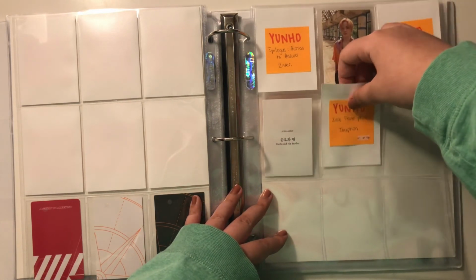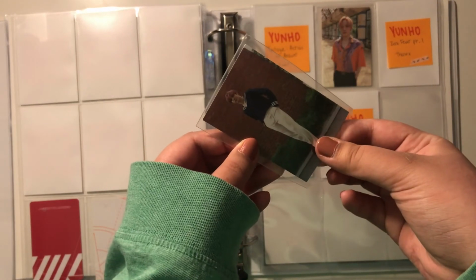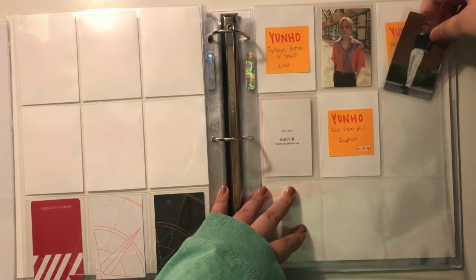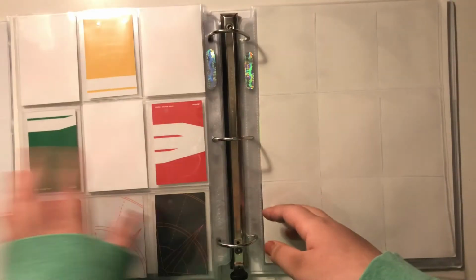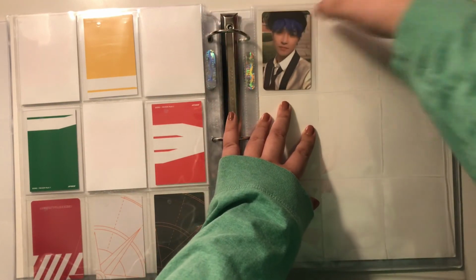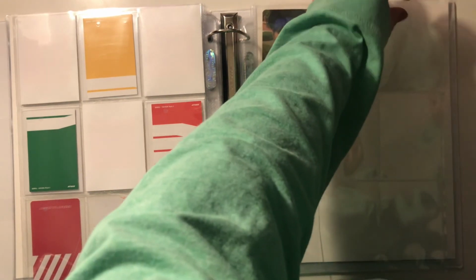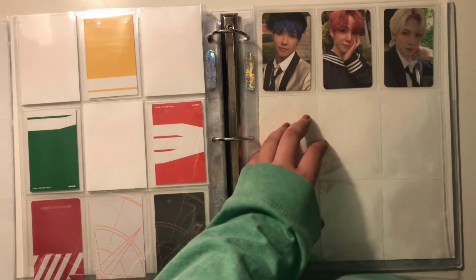I only had 2 photo cards to trade for Fever, and then I went on a buying hiatus because I knew I needed to save money for Pentagon. But now that Pentagon is over and I've pretty much collected everything that I needed, well, I'm still missing some stuff for Pentagon, but I was thinking, oh, you know what, I'm just gonna focus on him for a little bit. So I bought 3 cards, or I forgot how many I bought, but